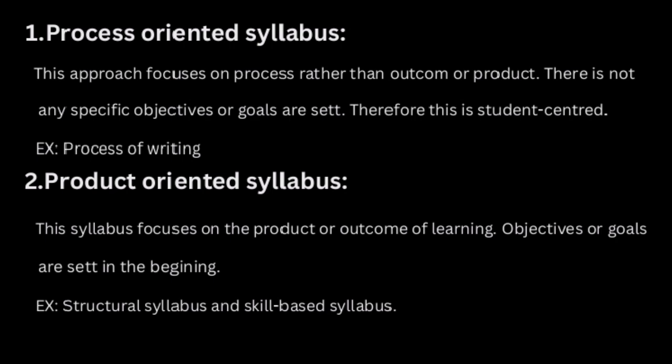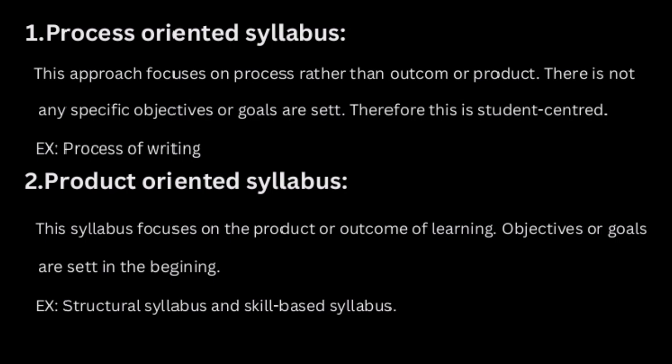But whenever I am talking about letter writing, formal writing or essay writing, my objective or outcome will be letter writing, essay writing, or a formal writing. But in the writing process, I don't have any specific outcome or objective for the students. The process of writing can be improving their grammar, or working on their connectors, their fluency or their flow in writing, like alignment of words and sentences. Anything can become part of the process of writing, but there is no specific goal, objective, or outcome.